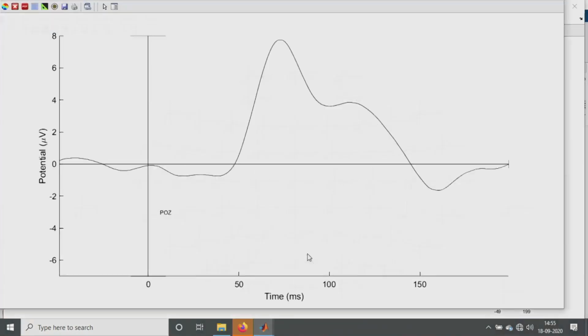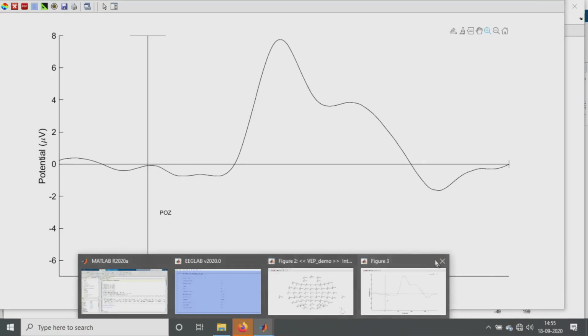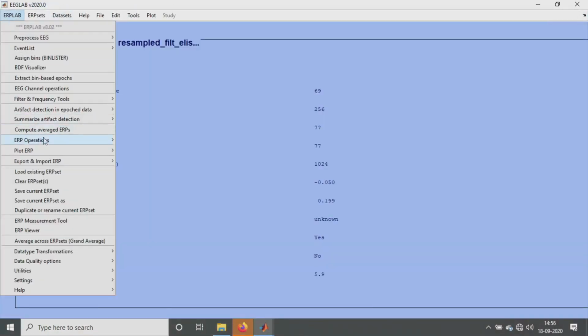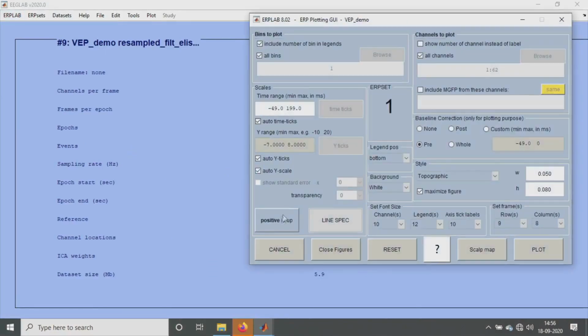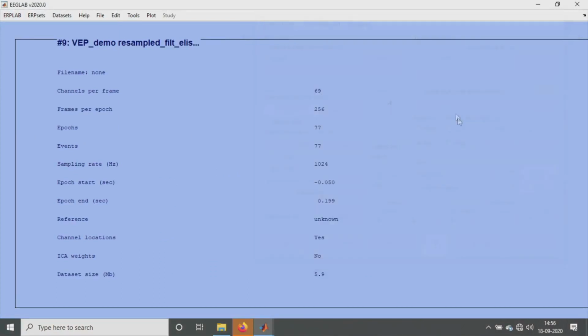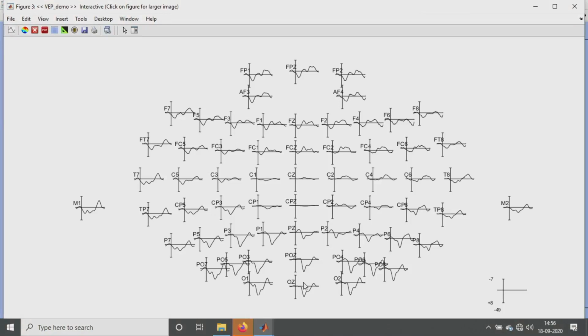Yeah, so here we can see a proper N1 P1 peak, the N1 peak and all. So always the first peak we check is the N1 peak. I think it's better to do a negative up. I did the positive up in the previous one. I'll do a negative up and check how it looks. Negative up is a bit better because we are mostly checking the negative peaks more, so that's why negative up is better. So anyway, this is how the VEP looks.